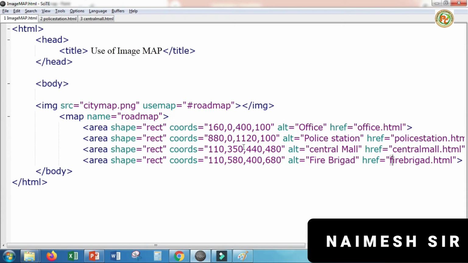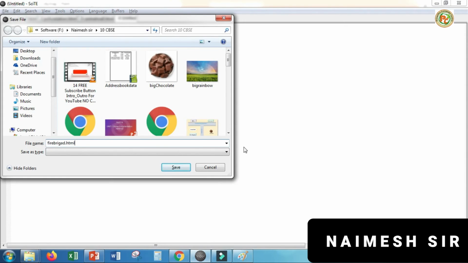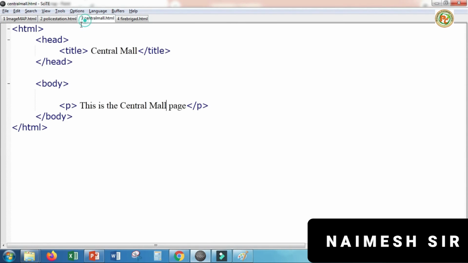Now make the new HTML file. Sorry, we'll save it by this name only. What to type here? We'll copy this, paste it, and change the file name to fire brigade.